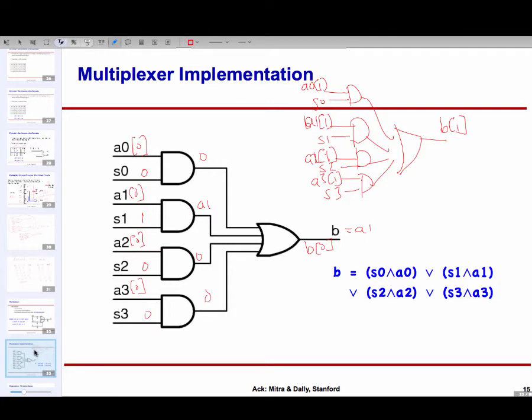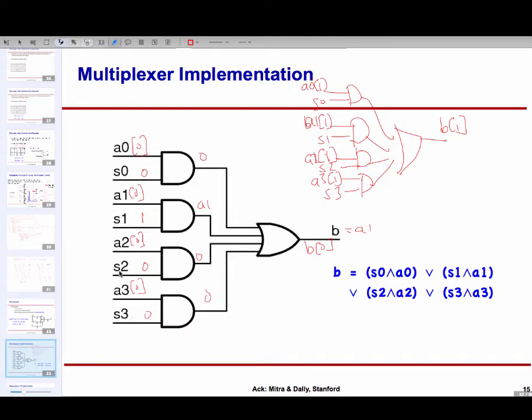Implementing it is straightforward. For example, if I want to create a 4:1 multiplexer of 1 bit each, so n equal to 4 and k equal to 1, then this is the implementation: basically 4 AND gates and an OR gate. A0, A1, A2, and A3 are 1-bit signals from 4 different sources. S0 says output should be the same as A0, S1 says output should be the same as A1, and so on. And we are guaranteed that exactly one of S0, S1, S2, and S3 will be high.